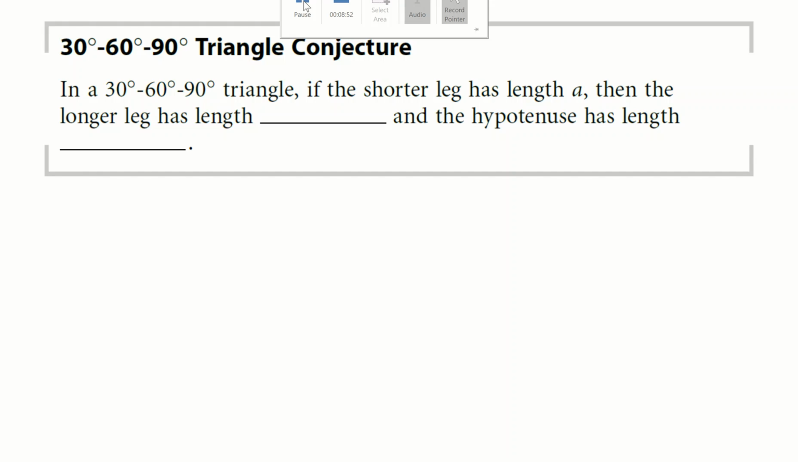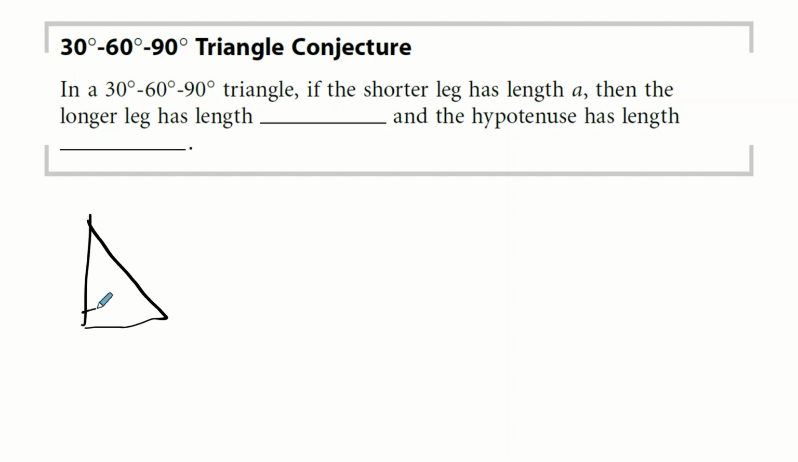So we know it's a right triangle, so it has a 90-degree angle. The other two angles have to add up to 90 as well, because all of the angles in a triangle add up to 180. So there's our right angle. If this angle is 30, then this angle has to be 60, because 30 plus 60 is 90, and 90 plus 90 is 180. So that's why it's called a 30, 60, 90, and that's why the previous example was a